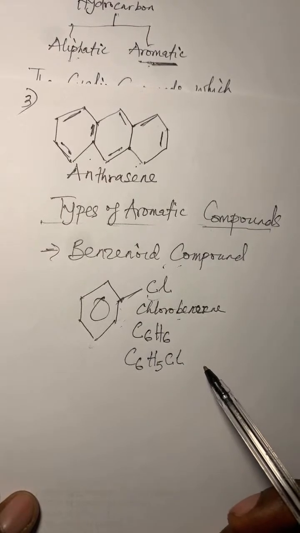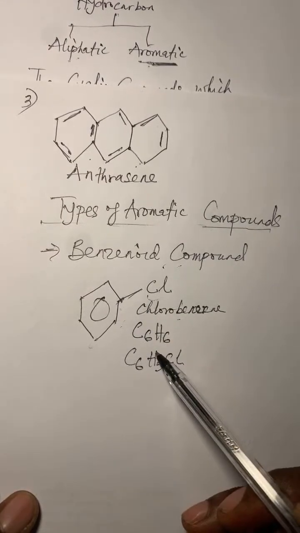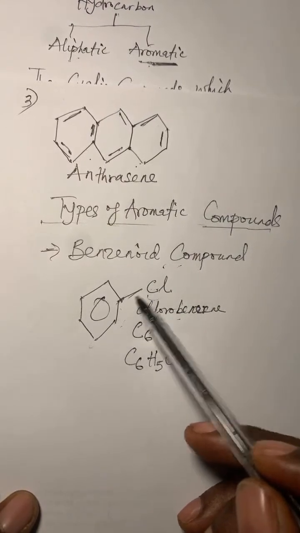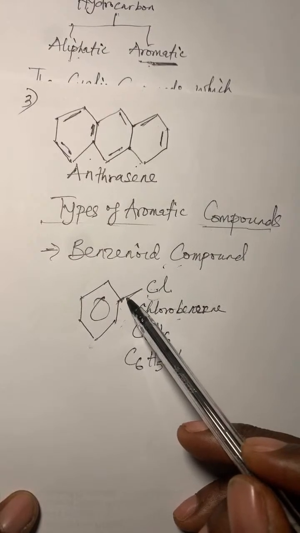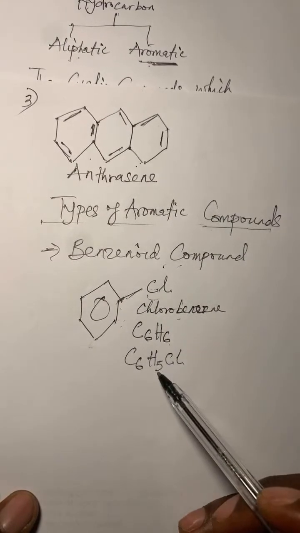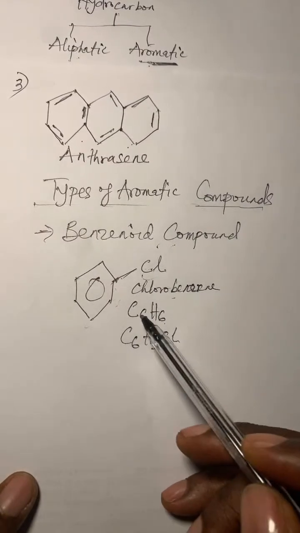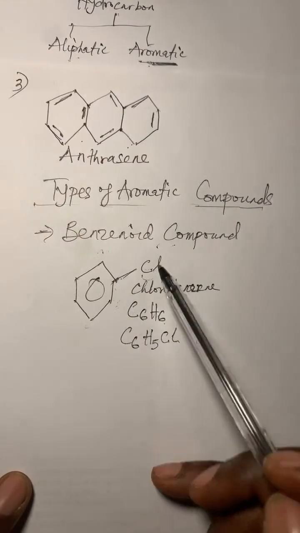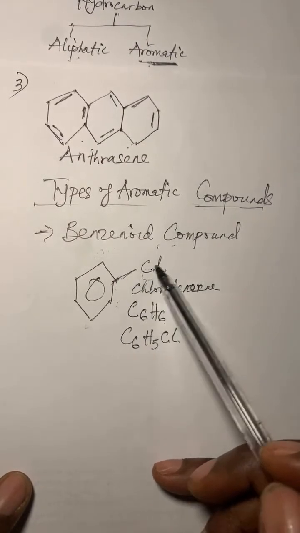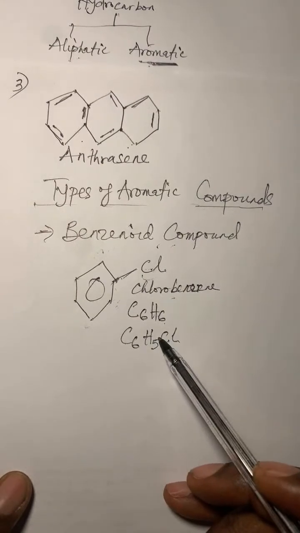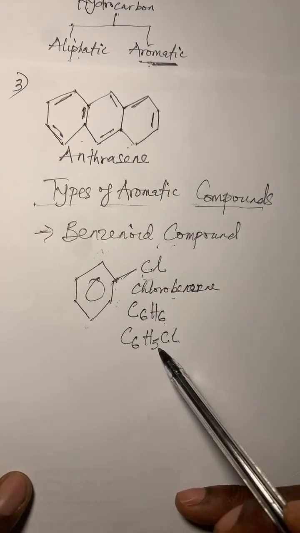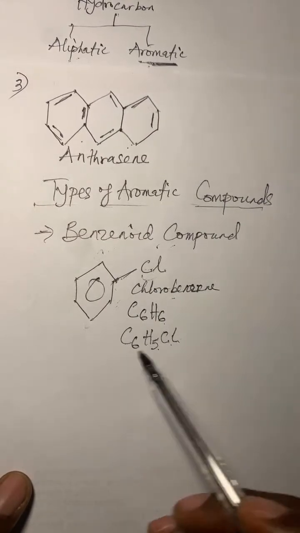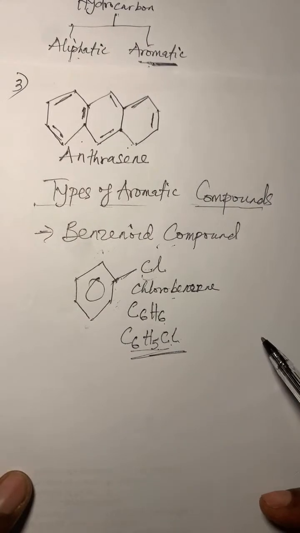We're supposed to have C6H6 if we don't have this attachment. So immediately you have an attachment, it means it is replacing one of the hydrogen atoms. I'm explaining it again: we have C6H6 because here is CH, CH, CH. This chlorine is taking the place of one of the hydrogen atoms, so the hydrogen reduces from 6 to 5, and then you have the chlorine atom that replaced it. Does it make sense?